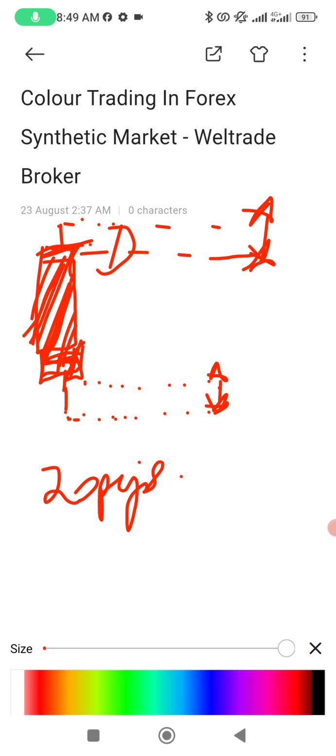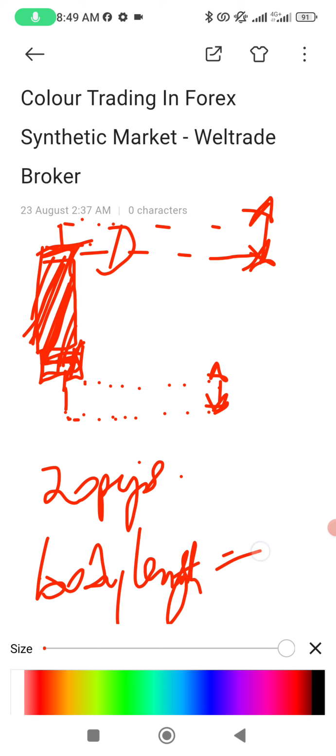Then the body length of the candle should be 60 pips. That shows that there is volume, there is enough activity represented by that color. So if after you have done this the color is red, it means that